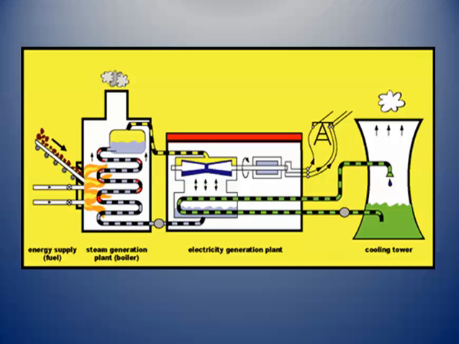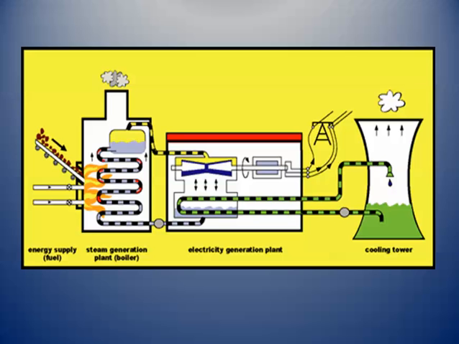And then you can see here, this is somewhat of a simplified diagram of the process itself. Now you see on the left you have an energy supply or fuel. Now the fuel in this case doesn't matter. It can be coal, it can be wood, it can be natural gas, it can be nuclear fission. It's anything that can create heat, because the idea here is to take water and basically bring it to a boiling point where you have steam. Now the steam actually drives the turbine. That's the little blue and white area in the middle part of the diagram in the center there.